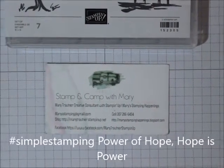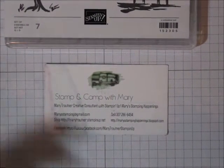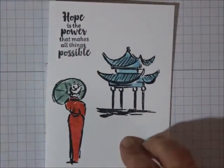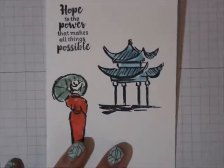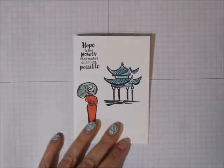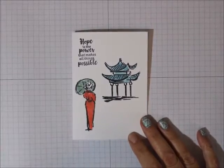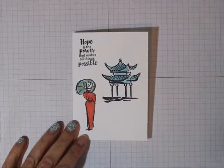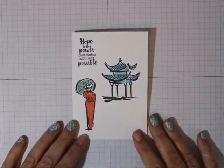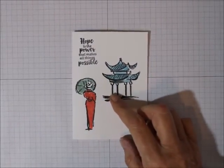And today I want to show you a really quick card, but it's nice. I've been doing cards lately for encouragement for the people who are staying home with this virus, and who don't get out and who may need just a little social interaction. So I've been doing cards and sending them out. This card was a quick and easy card, but it uses the Power of